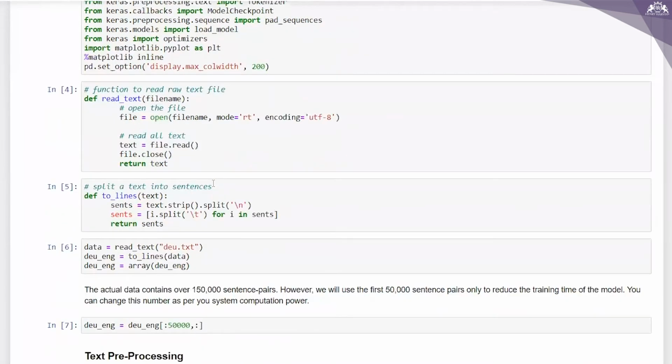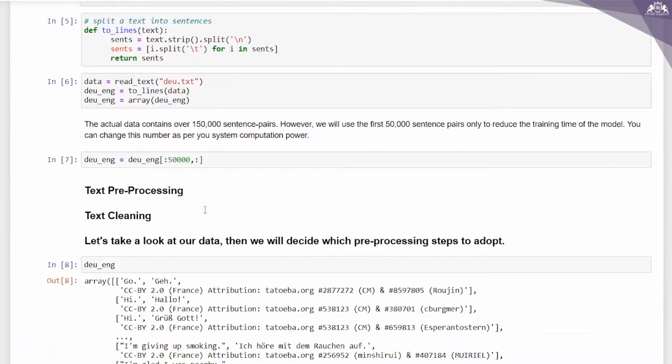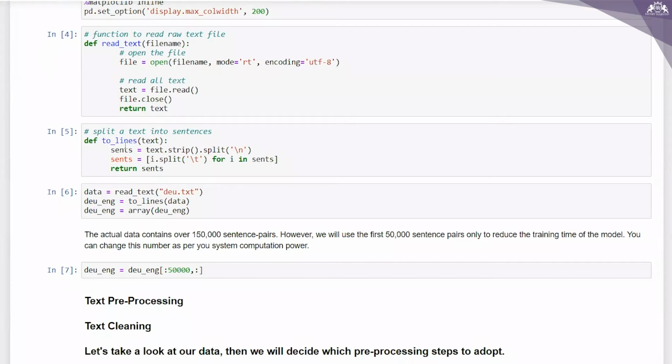Let's define another function to split the text into English German pairs separated by this. We will then split these pairs into English sentences and German sentences respectively, right? So I'm splitting the text into sentences. Now we can use these functions to read the text into an array in the desired format, right?